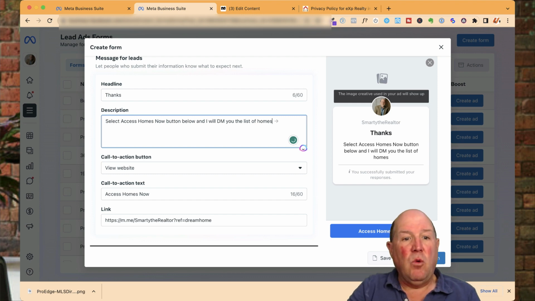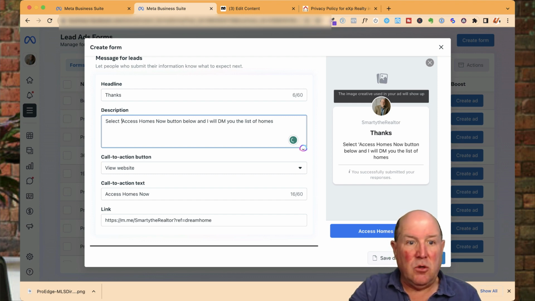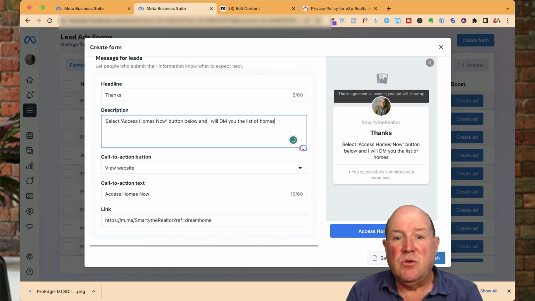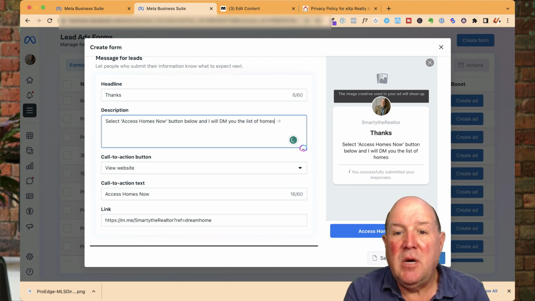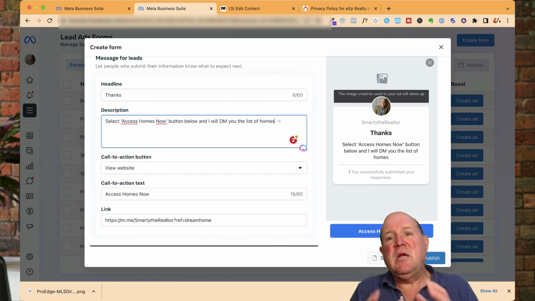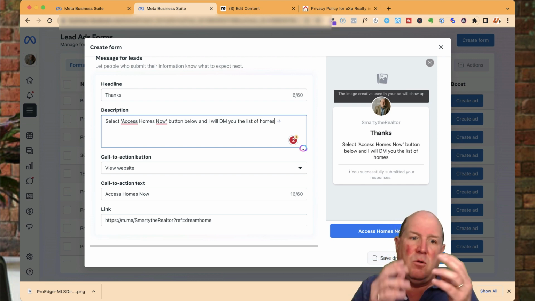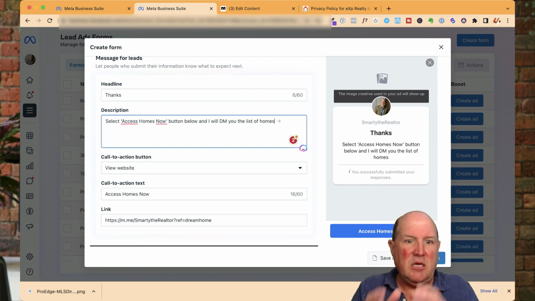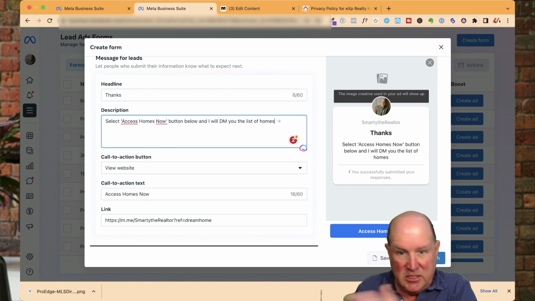I want to be very deliberate, and I may want to put little quotes in there so they know that's the button. So it says select "Access homes now" button below, and I will DM you the list of homes. You want to be deliberate, so you don't deceive them. If they click the button, they're not going to go to a website. You want to let them know that you're going to send them a direct message with the list of homes,